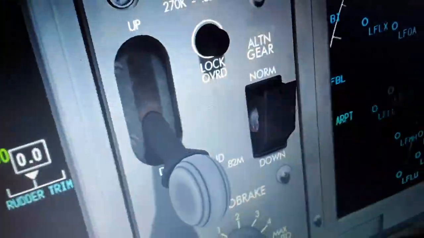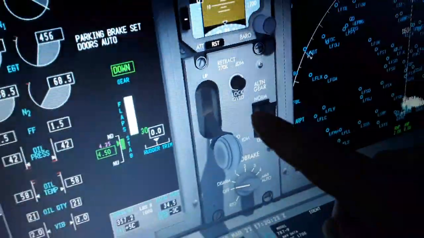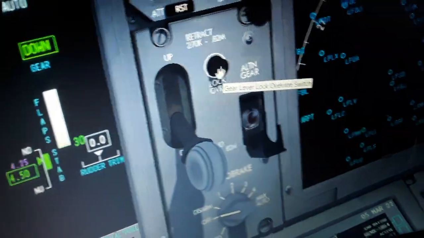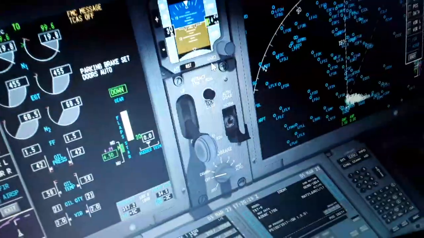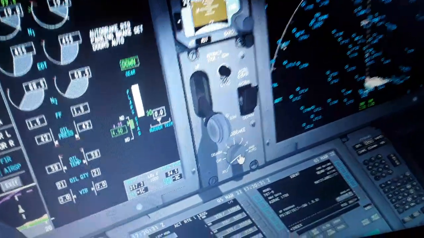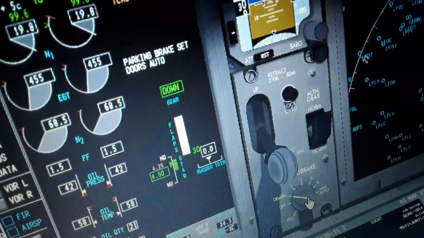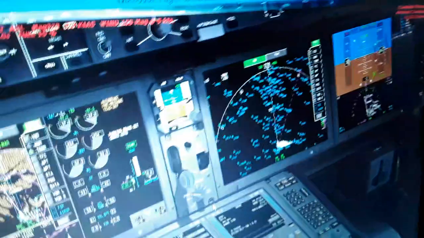So we have the landing gear extender retract, alternate gear over here, lock override, standby instrument display, auto brakes here, arm the auto brakes, reject the takeoff, or you can see for landing. So I will show you also